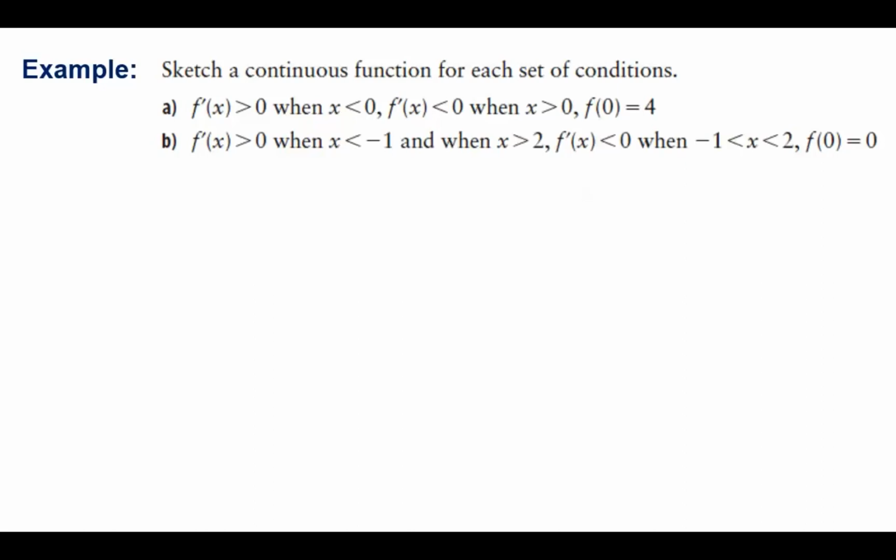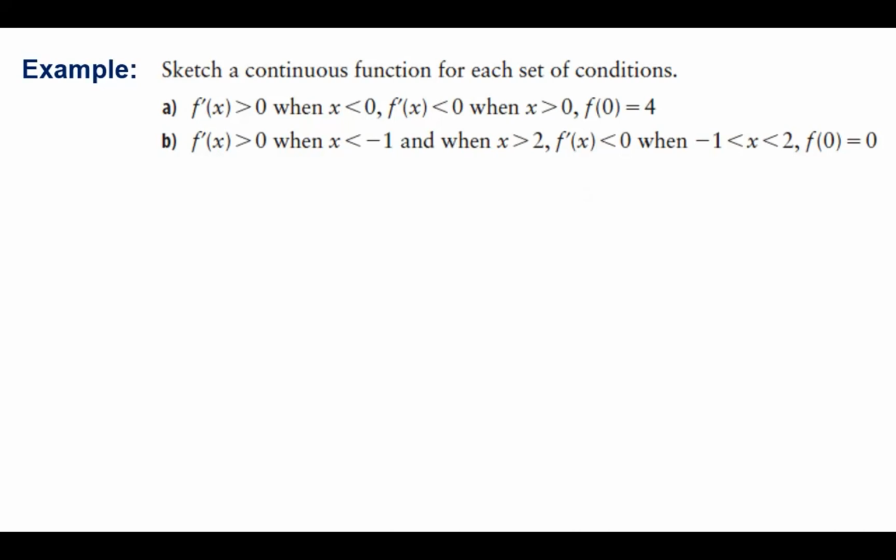Sketch a continuous function for each set of the conditions given below. Condition A, the derivative of f(x) is greater than 0 when x is smaller than 0. And the derivative of f(x) is less than 0 when x is greater than 0. And also the image of f(x) at 0 is 4. Okay, second condition,